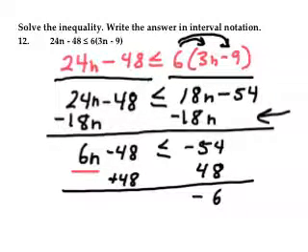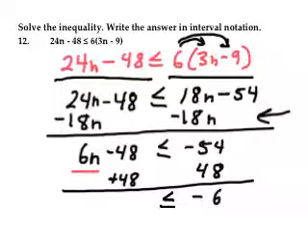Okay, so on the right side we have a negative 54 and a positive 48. Adding those together, we actually subtract, right? We subtract the 48 from the 54. The 54 has a larger absolute value, it's just further from 0, so the 6 is negative. Okay, then we just copy the inequality